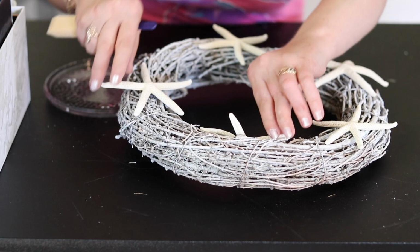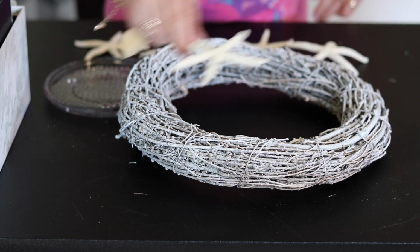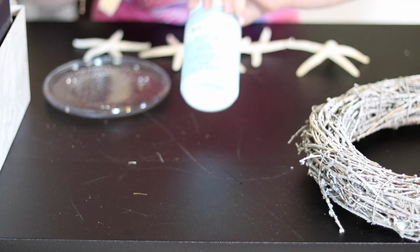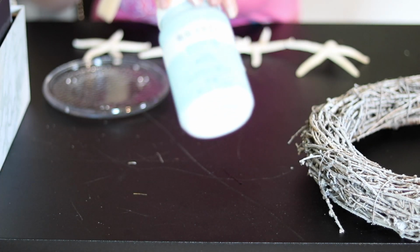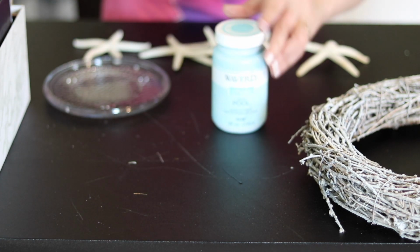Okay, so I went outside and I spray painted my wreath, and I need five of these starfish, but they need to be kind of turquoise color. So I'm gonna try this chalk paint, and it is in the color Pool, and I got a little bit of water in a cup to see if I need it, to make it lighter,